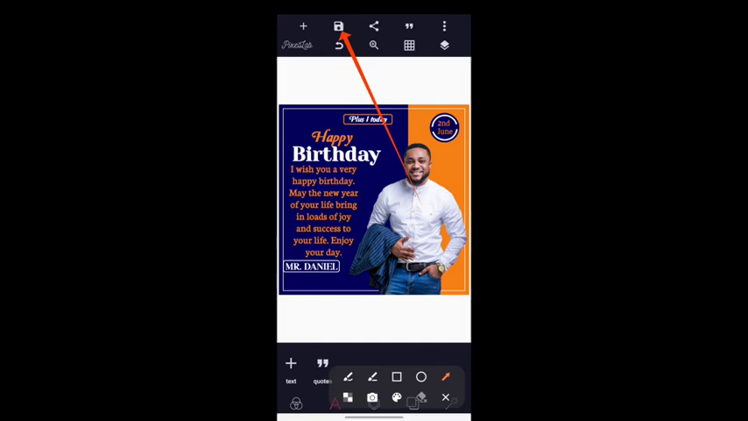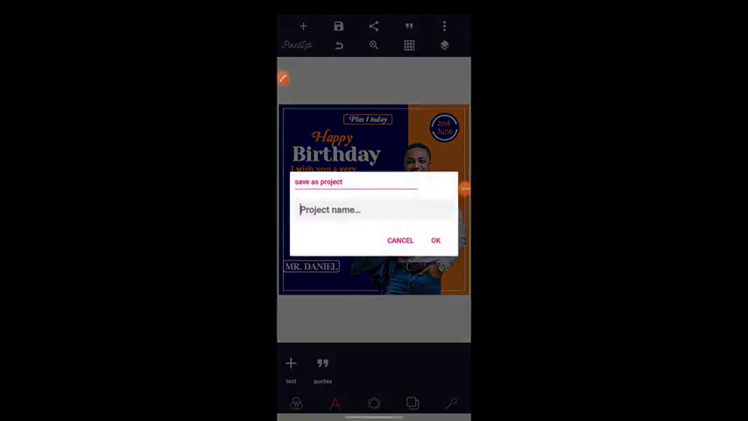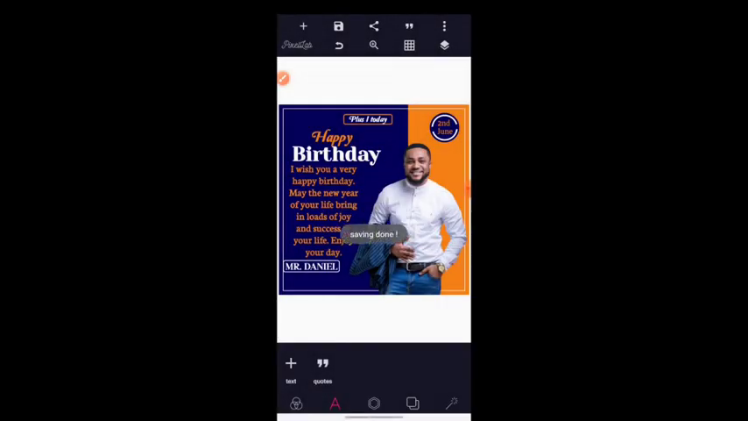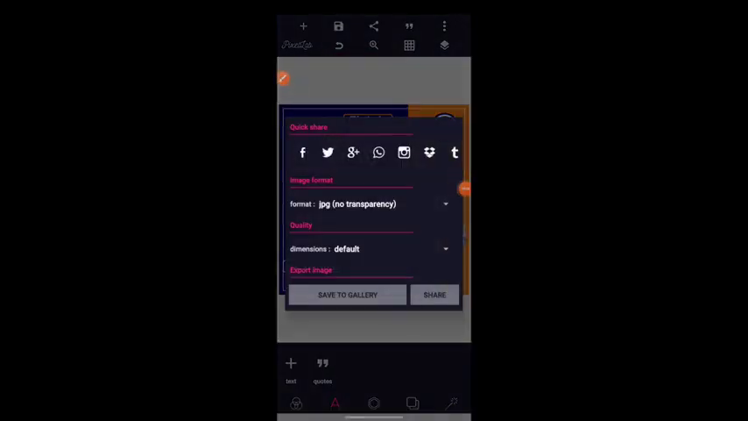So now we are going to save our work. Our work is done. Look at where the arrow is pointing and tap over there to save your work. Remember, save as project first. What is the name of the project? Birthday flyer 2. The reason I added 2 is that I already have a birthday flyer designed there. Then tap on the same place and save it as image,